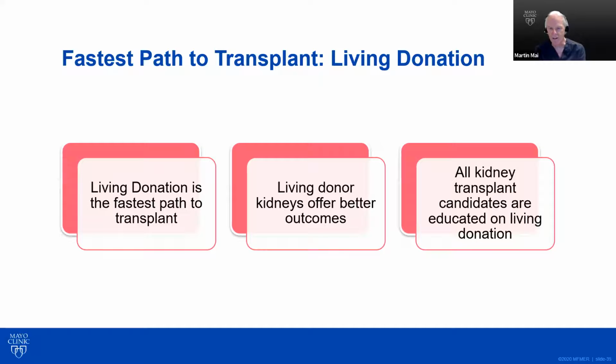Here, all of the patients are educated on living donation. They're also given some tools to try to tell their story. That can be in various formats. It can be at church functions. It can be at family reunions. It might be using social media, but we want to get the word out,